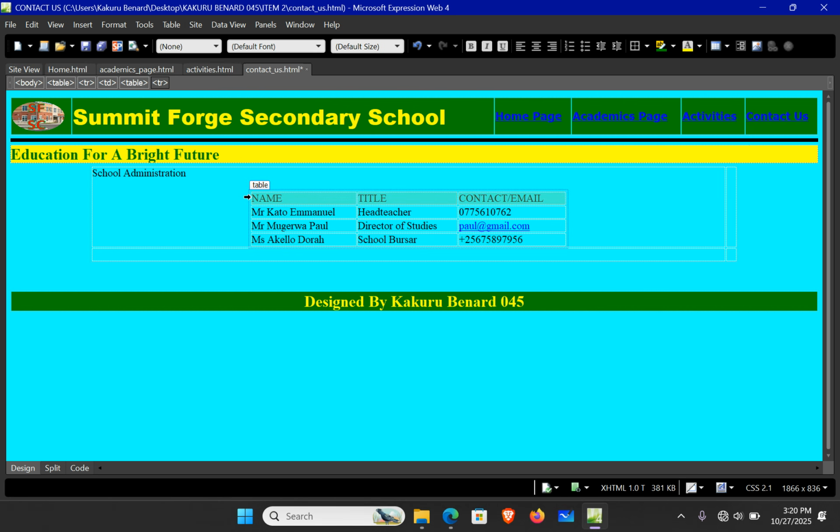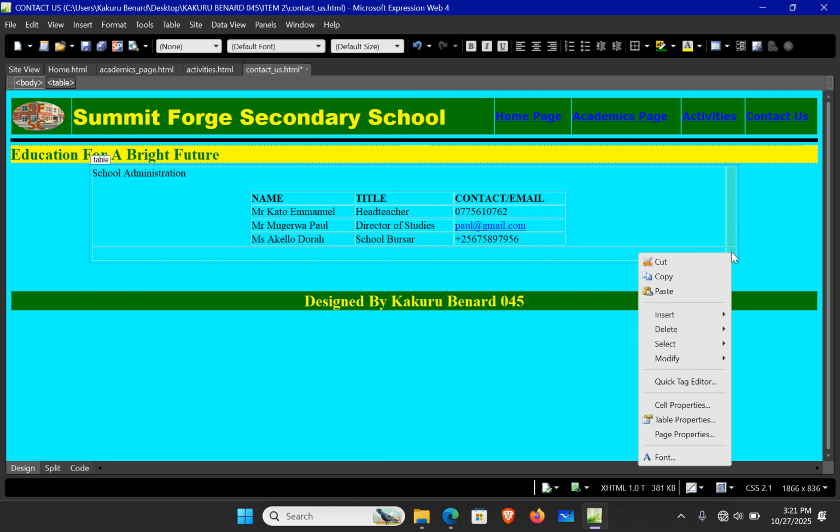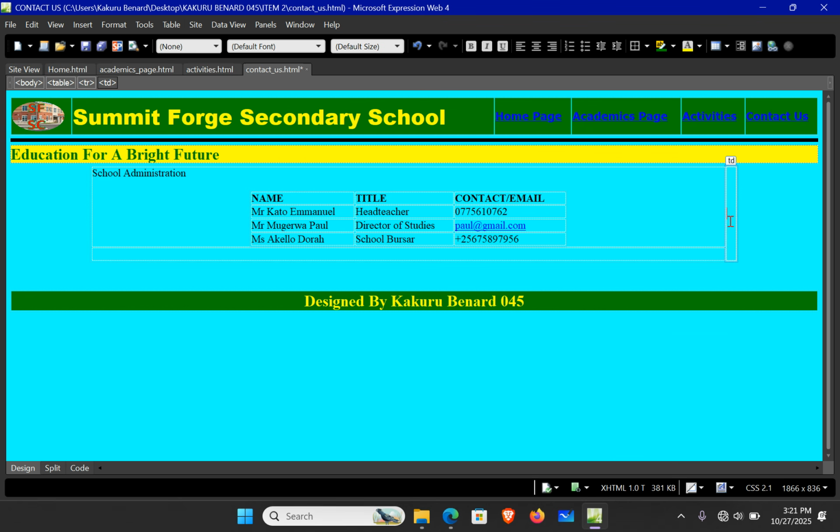So these are the school heads, the school leaders, that we can easily contact. Then on this side, we can have what we can call a horizontal. This one I'm going to merge. Let me check if we can merge it, so that we can have a form here. So we are going to have a form,